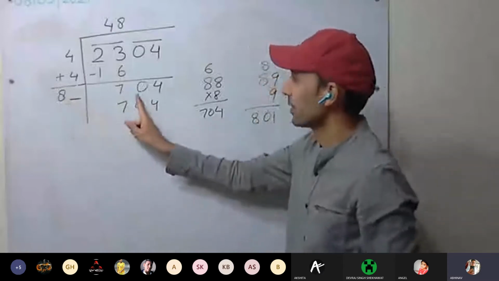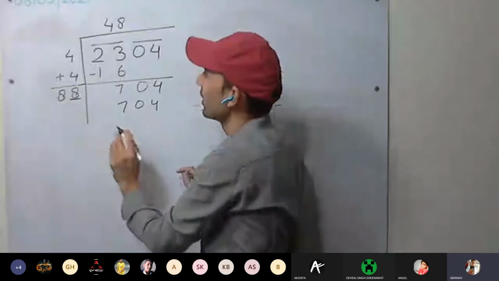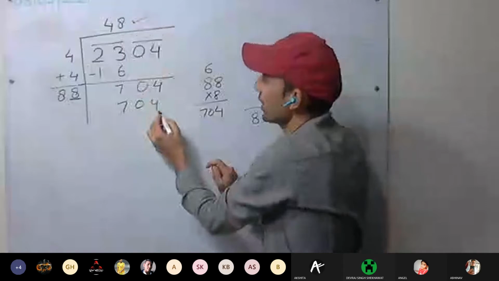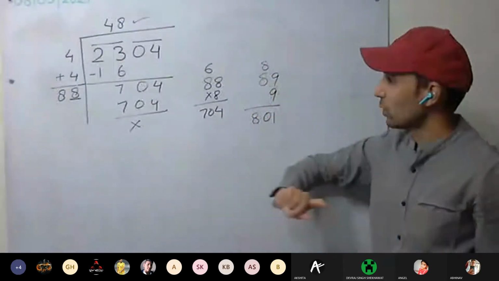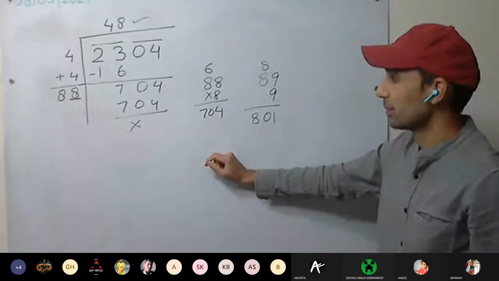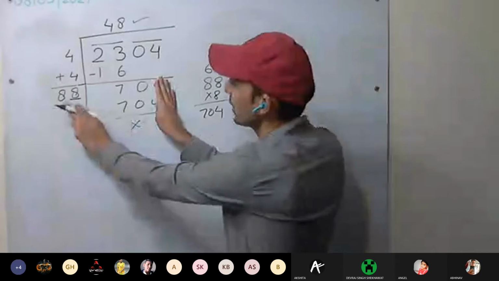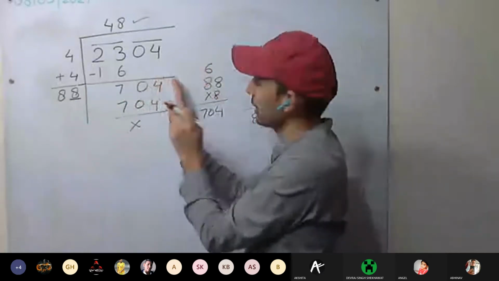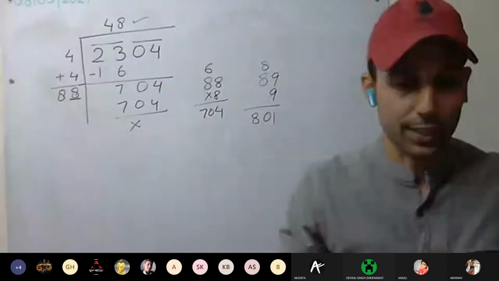We should write 88 here. It's okay if we write it, we have got the number. Cross it, or we can put 0. If you assume 8 8s are 64, it can be 8, or it can be 9, depending on the last digit as well. Sometimes it varies, so you have to check.